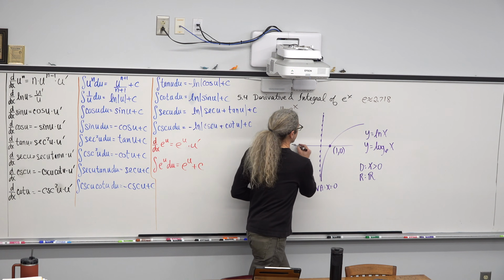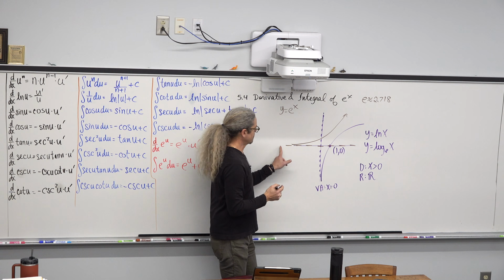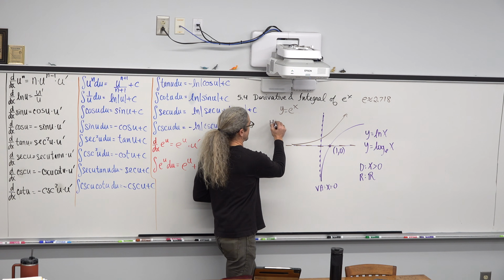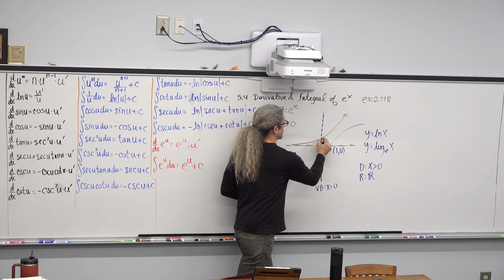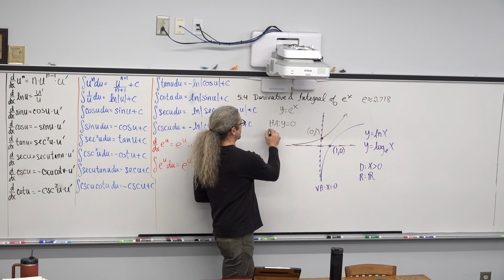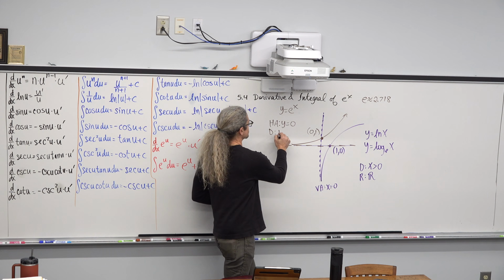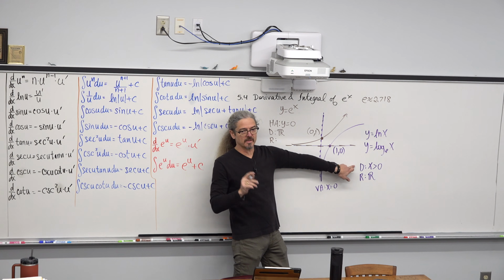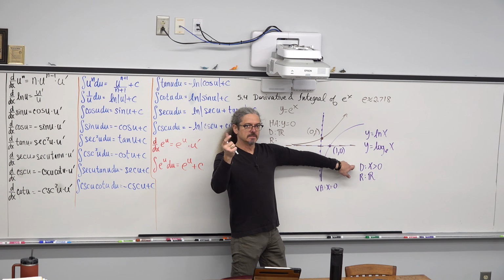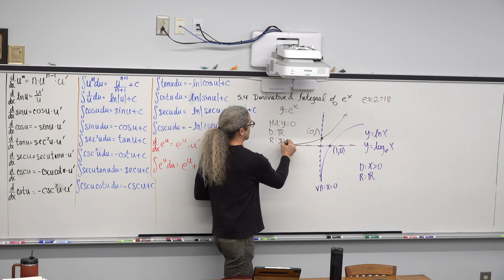And all exponential growth functions will have asymptotic behavior at the x-axis, which means you have a horizontal asymptote of y is equal to 0. You have an exponential growth function that is going through the coordinate of (0, 1). And you have a domain which is the range of natural log, all real numbers. And you have a range which is the domain of natural log, because the domain and range swap roles in inverse functions. So your range is y is greater than 0.